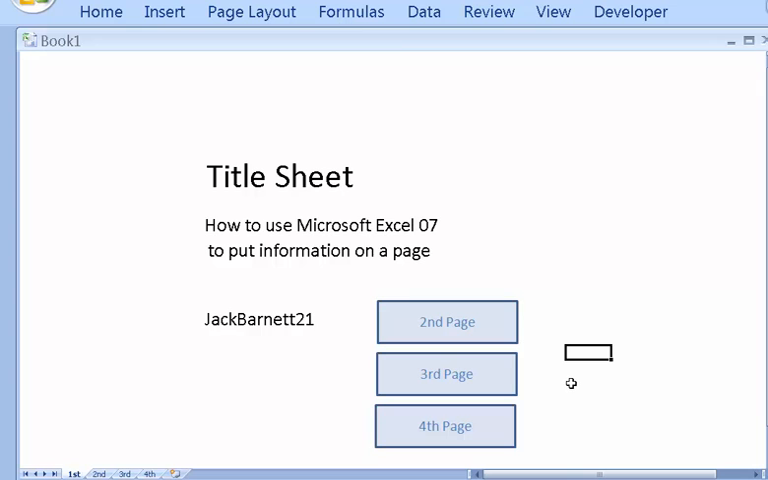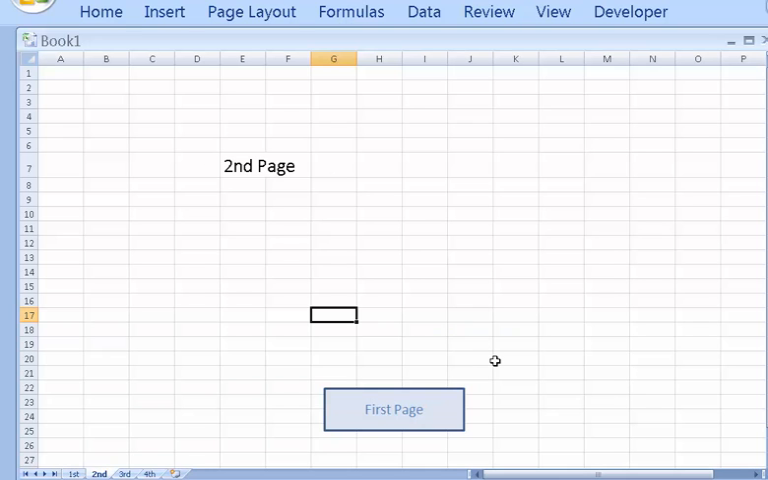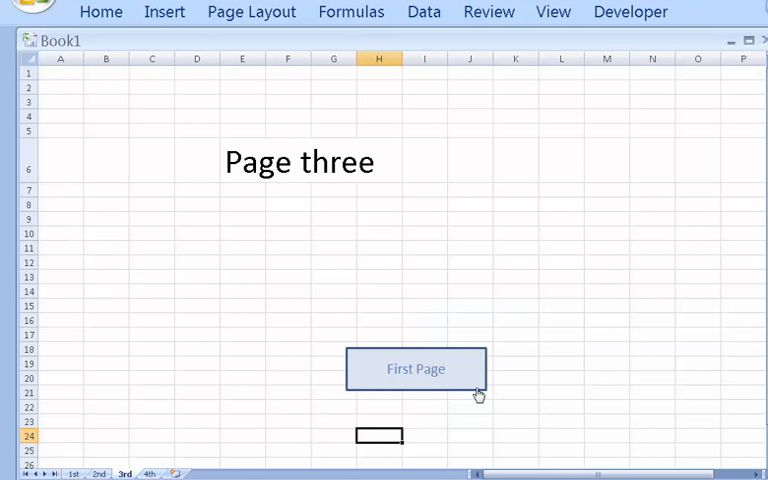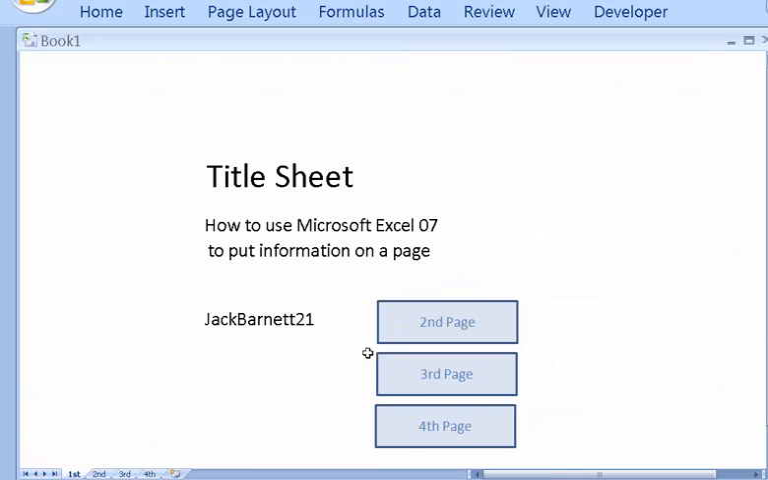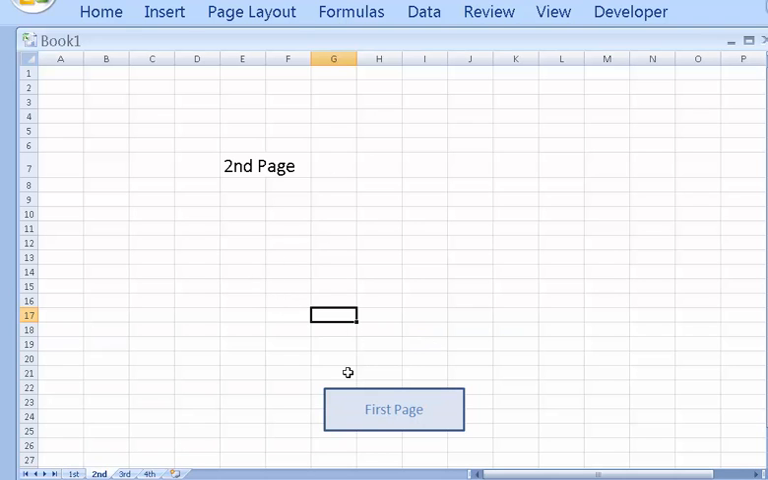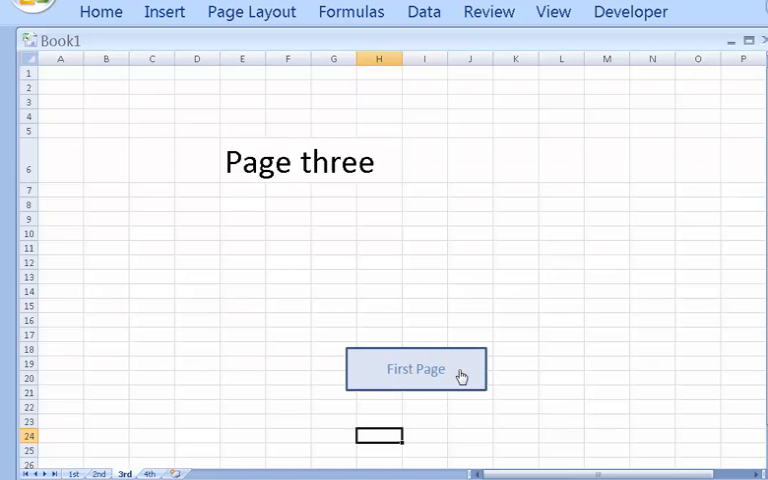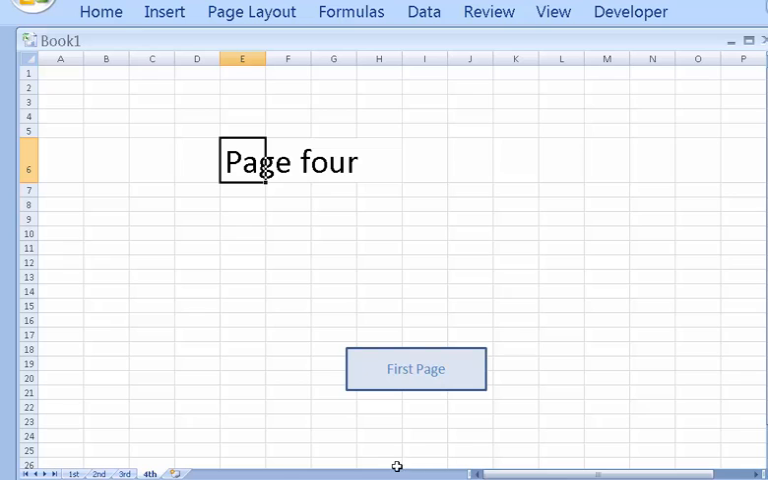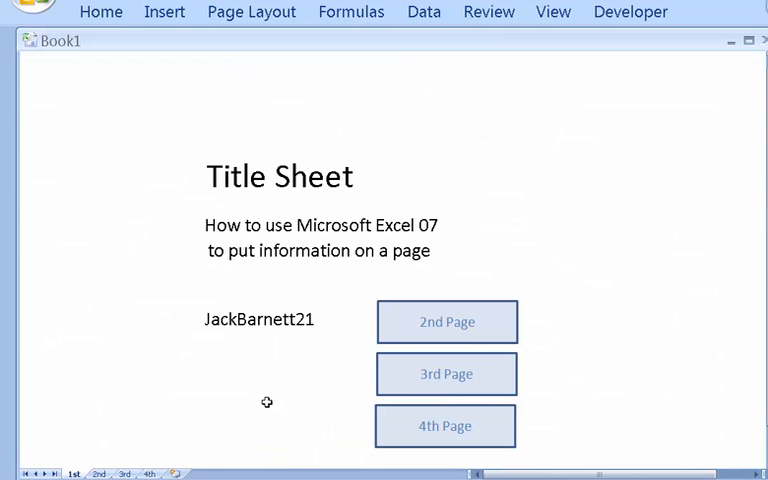Now when I click off it, there's page 1. There's page 2. No, there isn't. Sorry. This is page 1. There's page 2. There's the third page, page 3. Each time I'm going back to the first page to my macros, and there's the fourth page. Alright, back to the first. Now remember, I took off